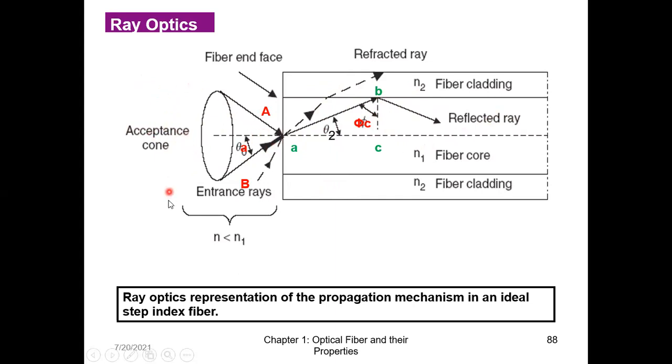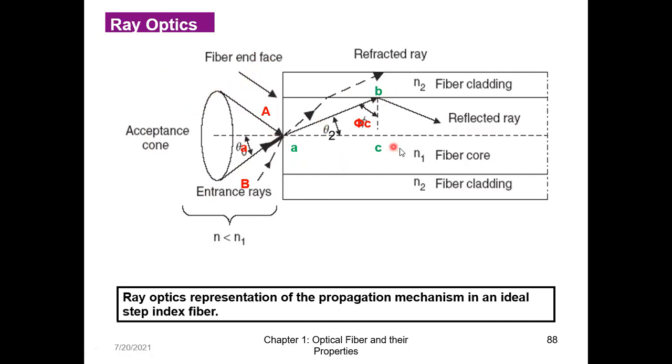We are not drawing the source. We are just considering the incident ray. This medium is air over here, so the fiber is in air. You might be given a situation in some numericals where the fiber is in water. At that time, you have to consider the refractive index of water for this medium, because the ray is entering from air to the core. What is the refractive index of air? Anybody? Yes, 1. Air has a refractive index of 1.